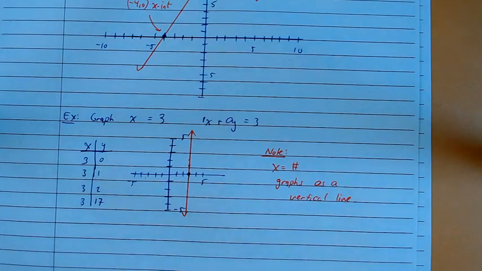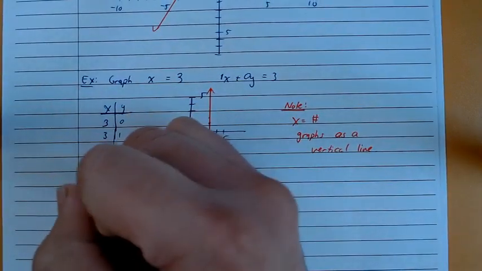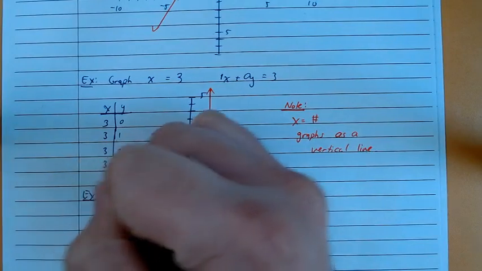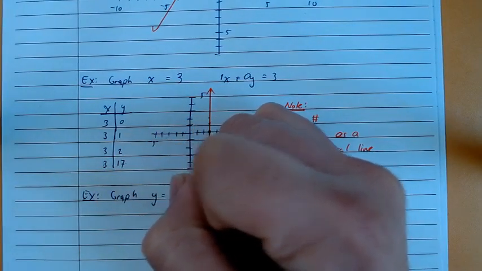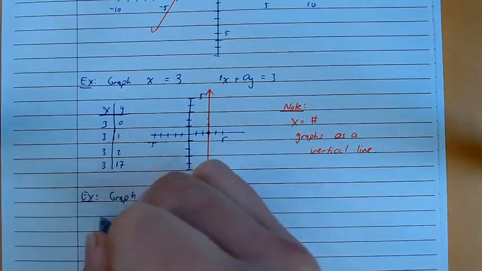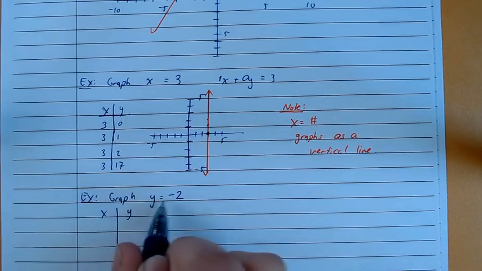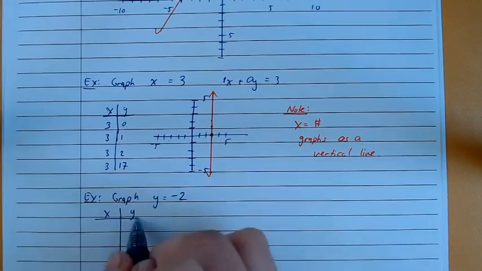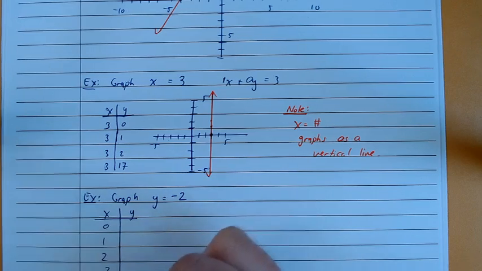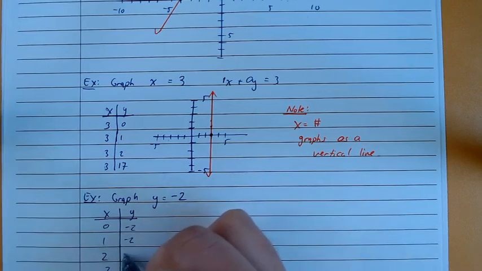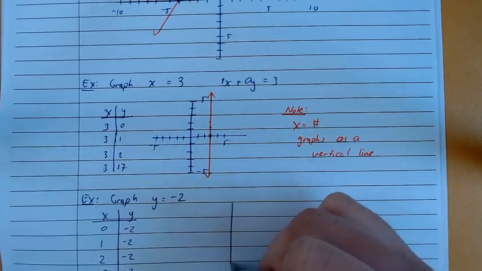A horizontal line is the graph of something that looks like y equals a number. So for example, if we were to graph y equals, let's say, -2, again, for my solutions, I don't care what x is, because there's no x in this equation. So x can be 0 or 1 or 2 or 3 or anything else. As long as y is -2, that's going to work as a solution. But if I go through and graph something that looks like that,